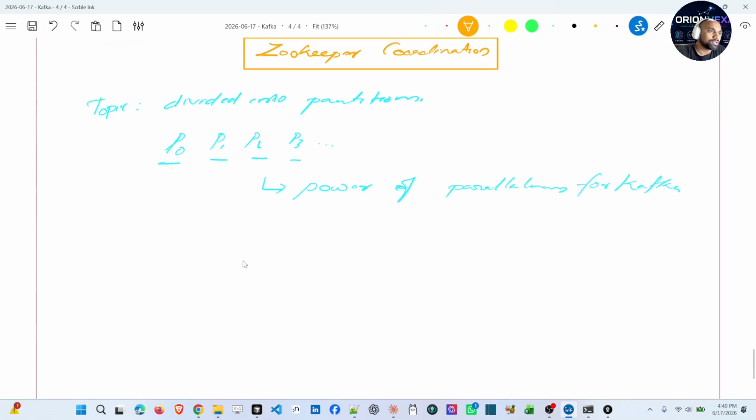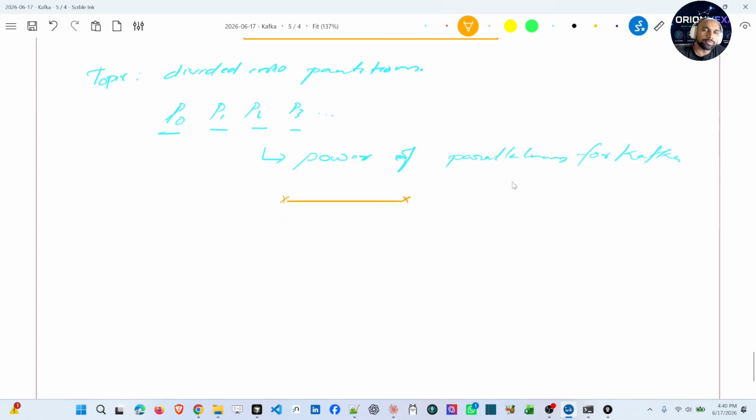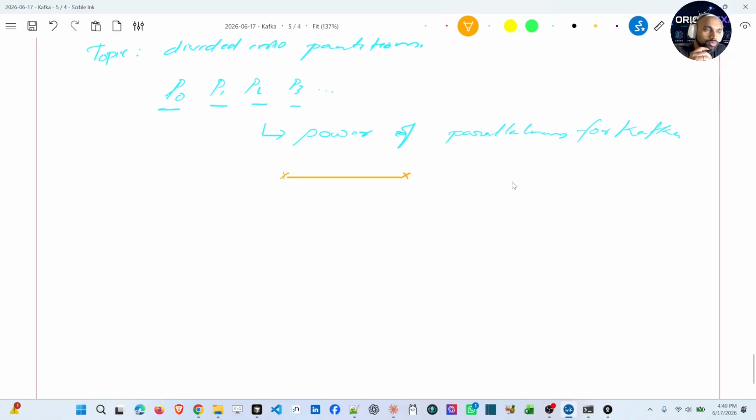Now we have another concept in Kafka. Instead of Zookeeper, they started using another protocol called the Raft protocol.